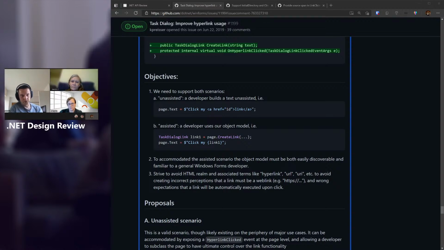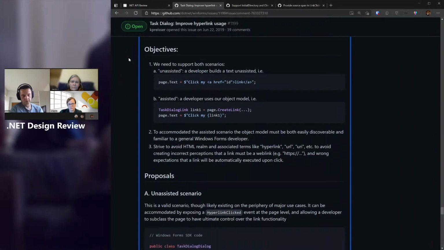So we're proposing to add a new type called task dialog link. That would enable functionality for hyperlinks in task dialog. With that, we propose a new type for event args, which would be used when the user clicks on the link. And then if you scroll down, we have a few more properties and stuff.